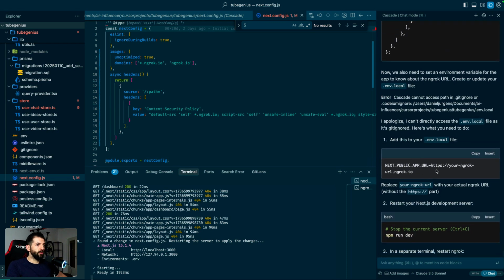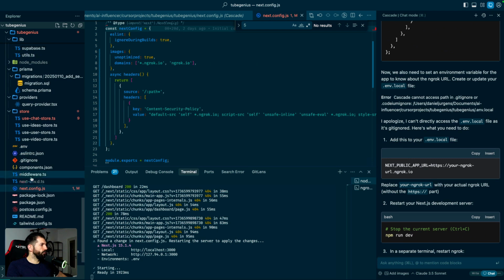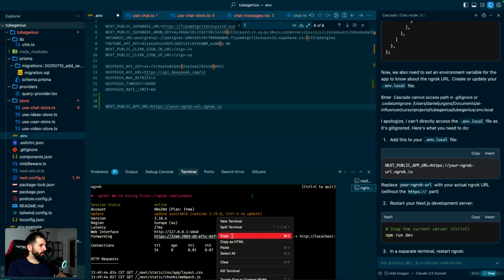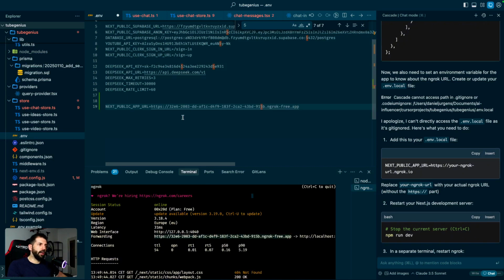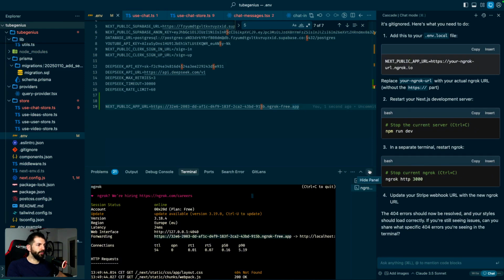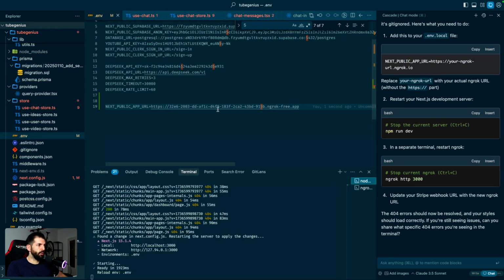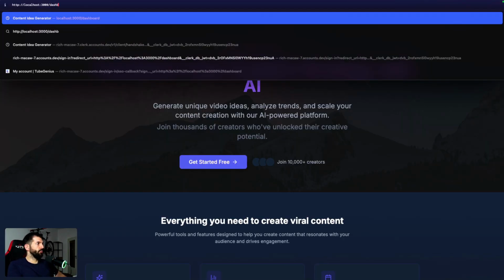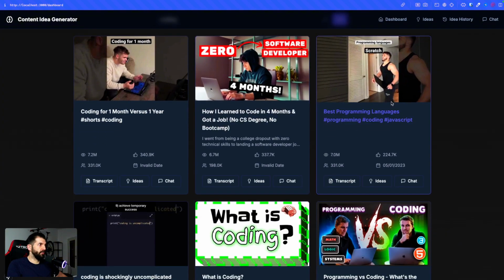And here you want to add a new file to your .env file. So let's just copy that one here. And then we need to copy the ngrok URL. And by the way, whenever you restart the ngrok server, you will get a different URL, right? When you're on the free plan. So then we have to restart the development server, and we also have to restart ngrok. So probably have to add this public URL once more. Let me see. Now this works, and if we go to the dashboard, we should also be able to access our